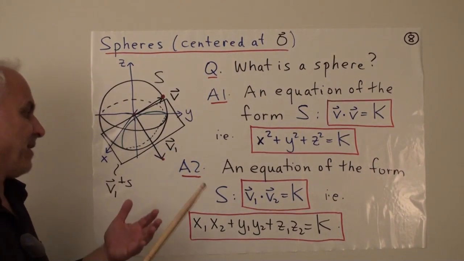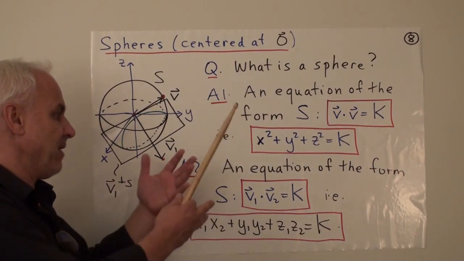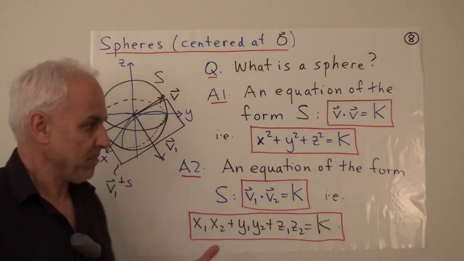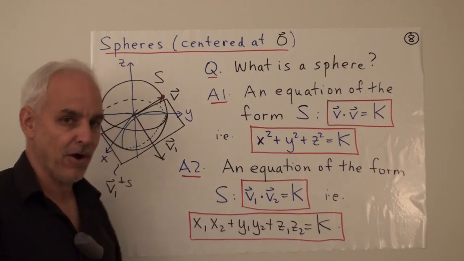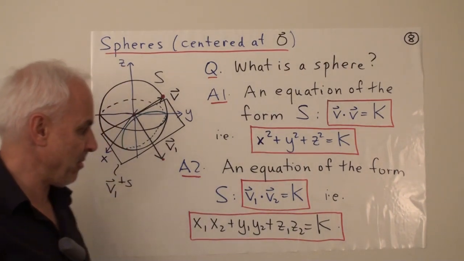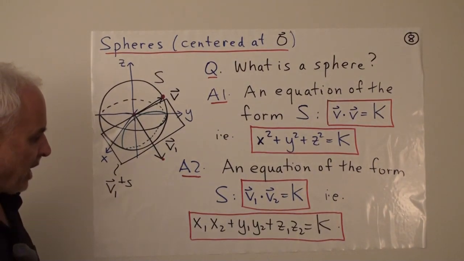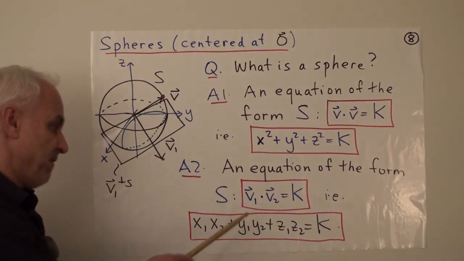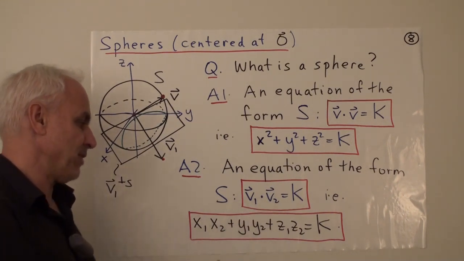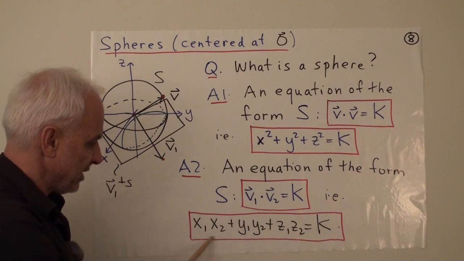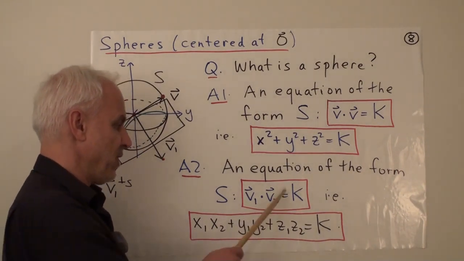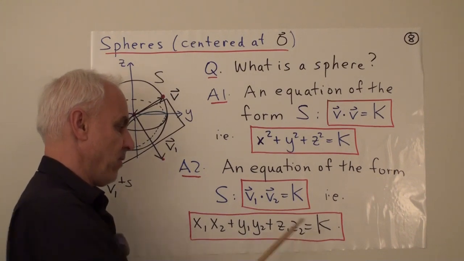So we can see that really we could extend this to n dimensions without any difficulty at all. Just a question of making the vectors longer and making the dot products longer, and everything is going to be pretty much the same. In terms of specific coordinates, if v1 is the vector x1, y1, z1, and v2 is the vector x2, y2, z2, then this dot product is x1 x2 plus y1 y2 plus z1 z2, and the equation of the sphere is then that equals k.